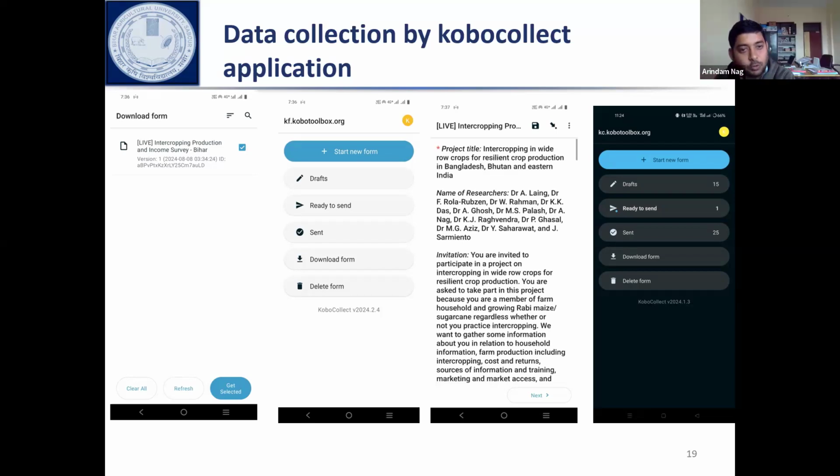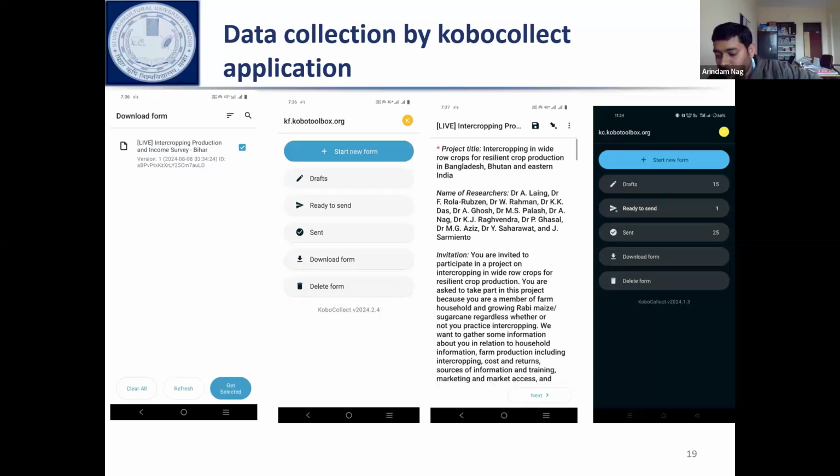उसके बाद आपको क्या करना था, कोबो कलेक्ट ऐप को जब इंस्टॉल कर लिए और इंस्टॉल करके आपके जो प्रोजेक्ट इन्यूमरेटर्स हैं उनके मोबाइल में कोबो कलेक्ट ऐप को इंस्टॉल कर दिए और करने के बाद वही लॉगिन इंफॉर्मेशन देके लॉगिन करवा दिए। और जब लॉगिन हुआ कोबो कलेक्ट ऐप में, तब ये आपके कोबो टूलबॉक्स के पोर्टल के साथ कॉन्फ़िगर्ड हो गया, मतलब आपका प्रोजेक्ट इसके साथ सिंक्रोनाइज हो गया। और उस सिंक्रोनाइज करने के लिए लास्ट स्टेप है कि इसमें डाउनलोड फॉर्म है, डाउनलोड फॉर्म पे जाके क्लिक करके उस फॉर्म को डाउनलोड कर लेना है,